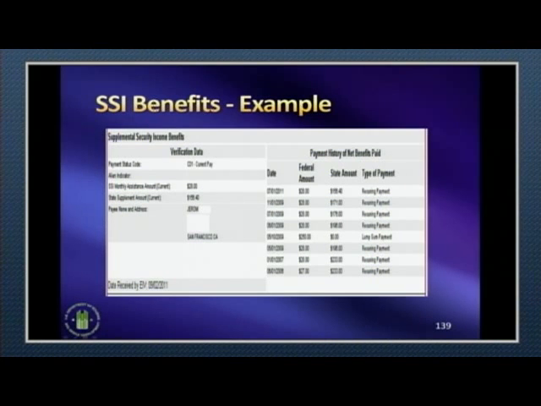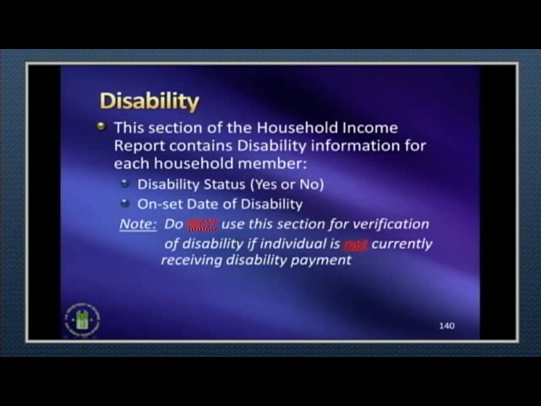Here's the person, Jerome again, receiving recurring benefits of $28, and notice that he also receives a state disability benefit amount as well, which is listed for you to determine the actual annual income or anticipated annual income from SSI benefits. And then there's a section on the EIV report that says disability, and we advise you that there's a disability status of either yes or no, and it also will, in instances available, provide you with the onset of